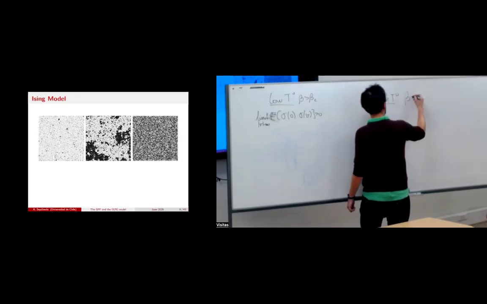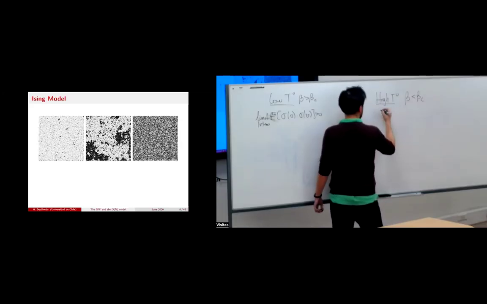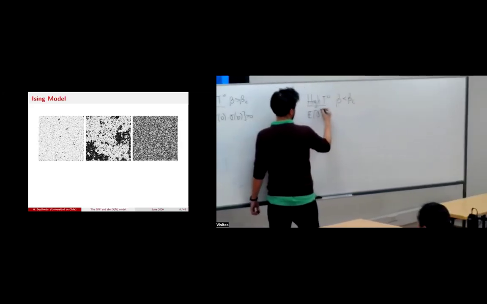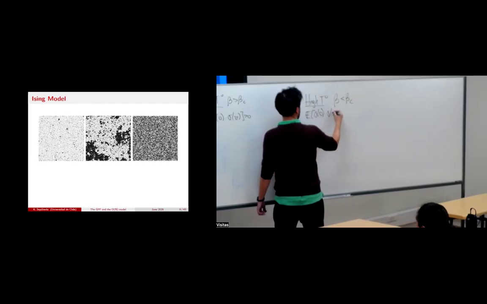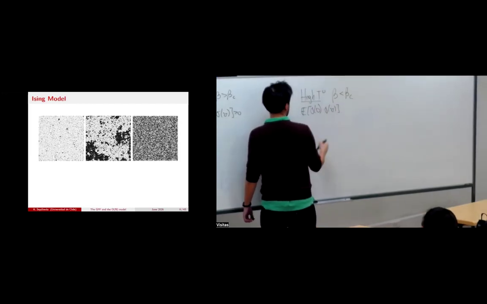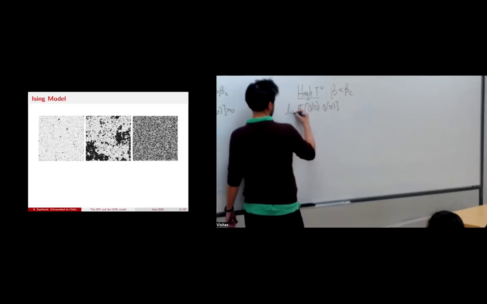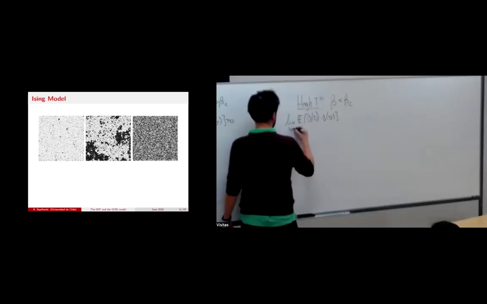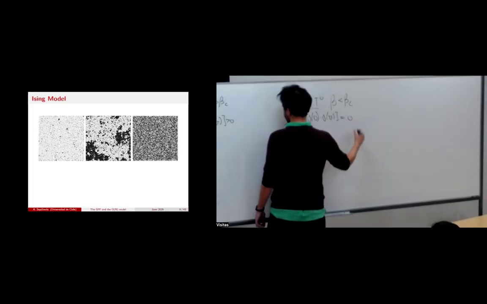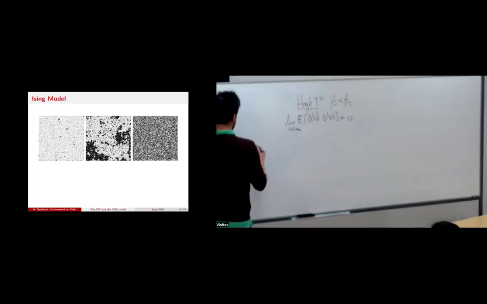If you have beta smaller than beta c, then the 2-point correlation function, so this is a really complicated name for this covariance, this limit as norm v goes to infinity, goes to 0. And exactly at the critical temperature, okay, I'm not intelligent enough, so at the critical temperature, the expected value of sigma 0, sigma v, well, actually it also goes to 0. But there is something tricky,